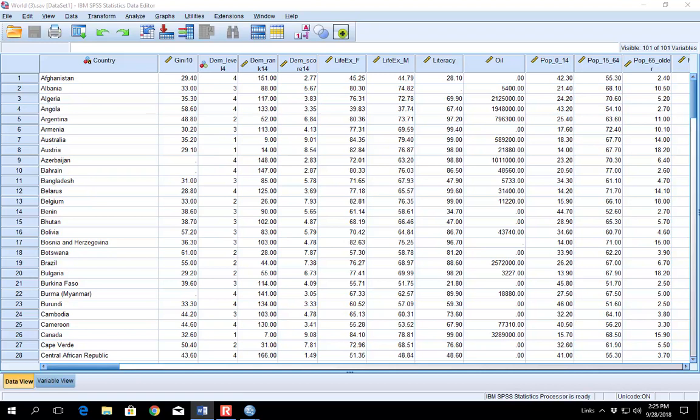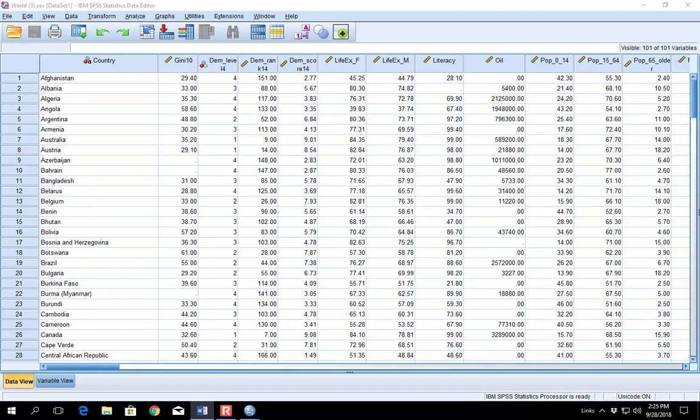In this lab video, I'm going to show you how to run a cross-tabulation analysis and a mean comparison analysis in SPSS. I will also show you how to create a scatter plot in SPSS. In order to demonstrate how to perform a cross-tabulation analysis in SPSS, I will be using the world dataset. I will use democracy level, dem_level 4, as the dependent variable, and the ethnic fractionalization variable, frac_F3, as the independent variable in the example. Note that both of these variables are ordinal level.